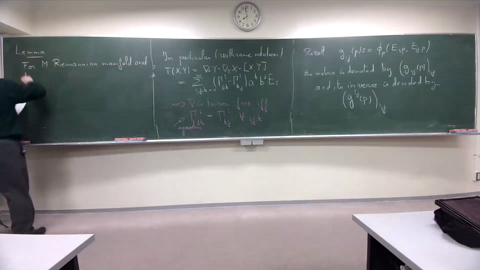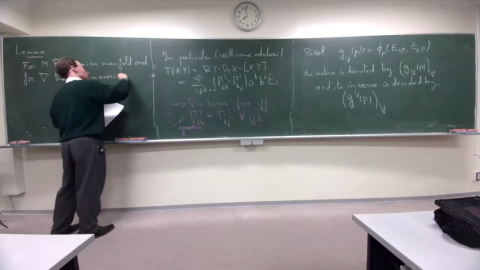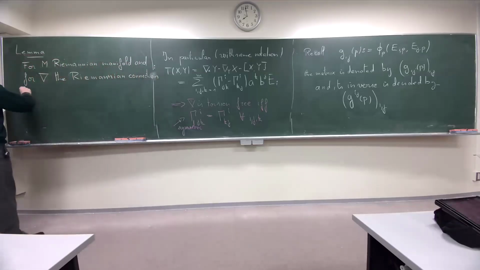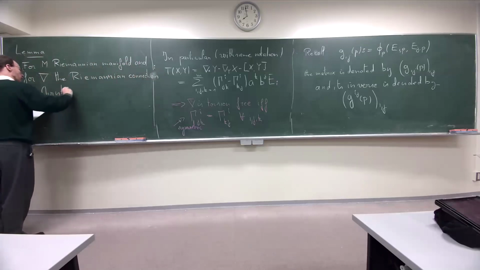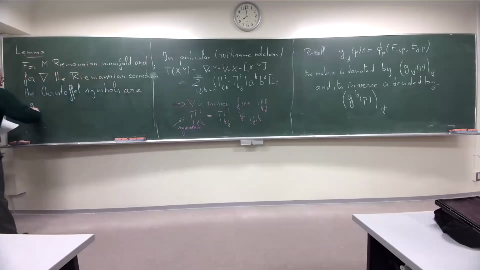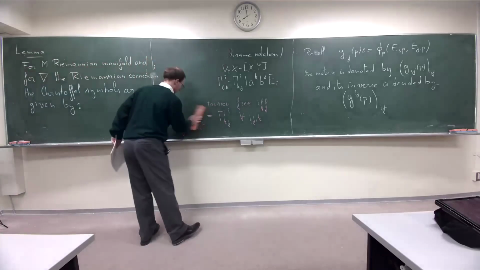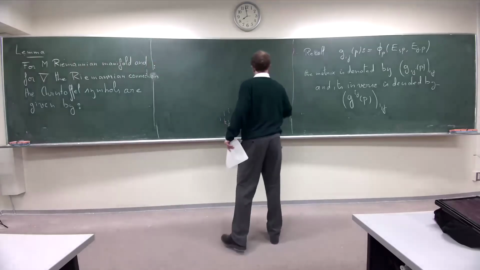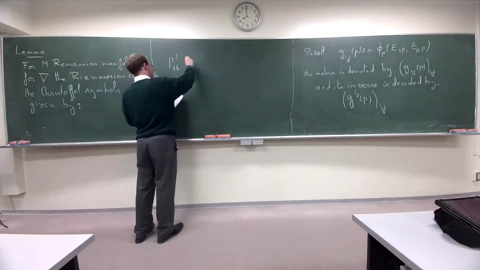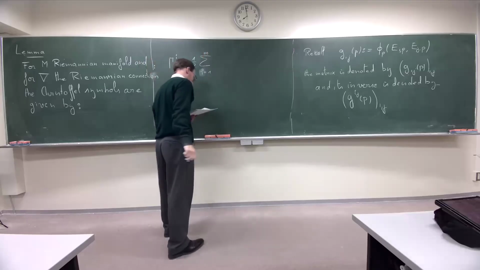And for this connection, the Riemannian connection, so the only one having the two properties mentioned, it's torsion-free and satisfies the compatibility condition, the Christoffel symbols are given by the following. What I'm going to write shouldn't surprise you too much. Gamma_jk^i is one half the sum over l of